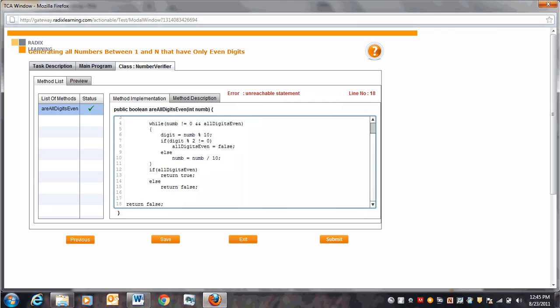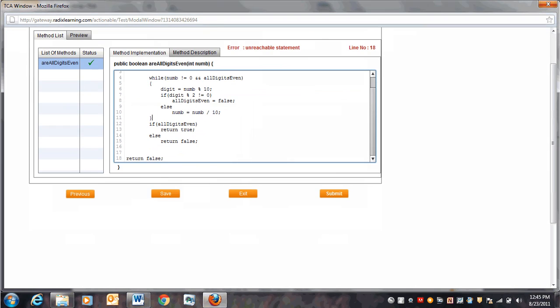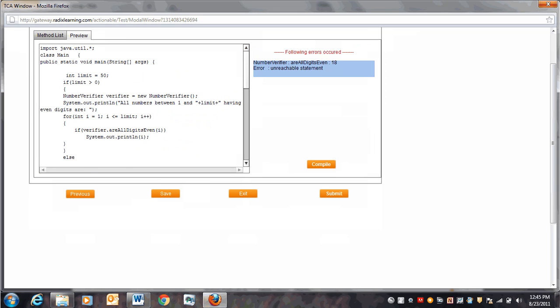So if you have made any compilation errors, it'll actually show that to you. The reason for that is I believe that I have displayed two different return false. So now I'm going to correct that and preview it again. Compile it again. This time there are no errors. Compilation is successful. So I go ahead and submit that code,